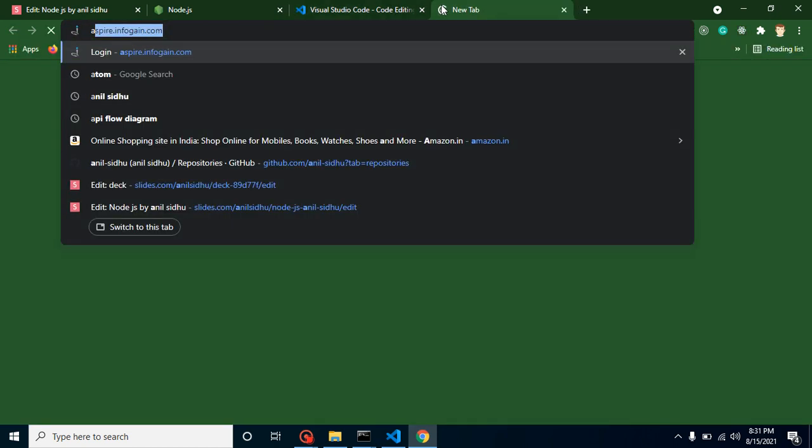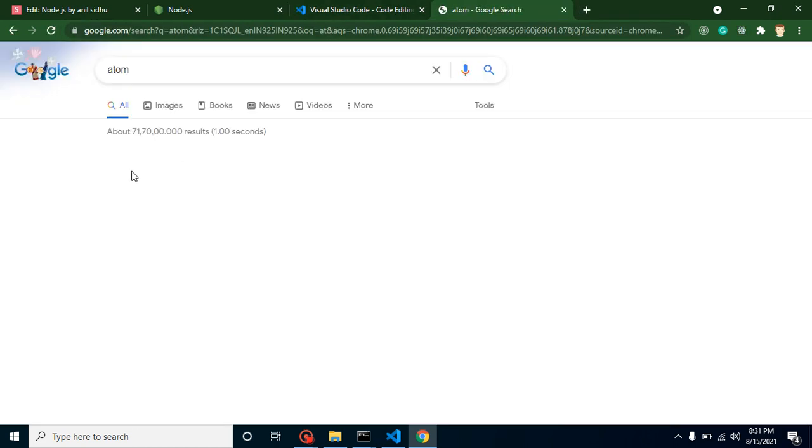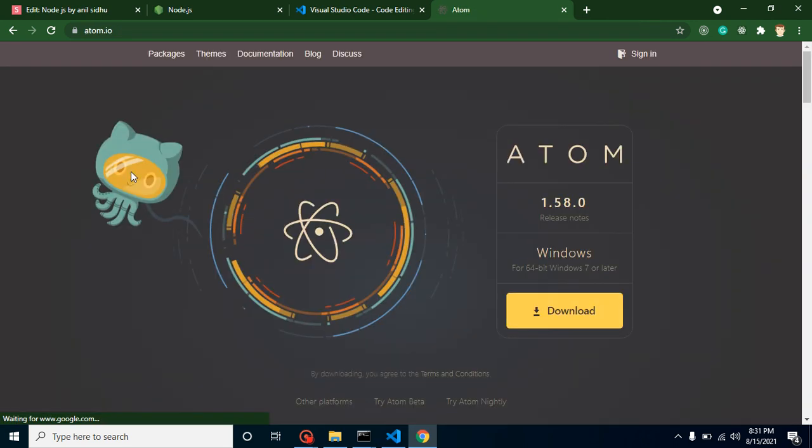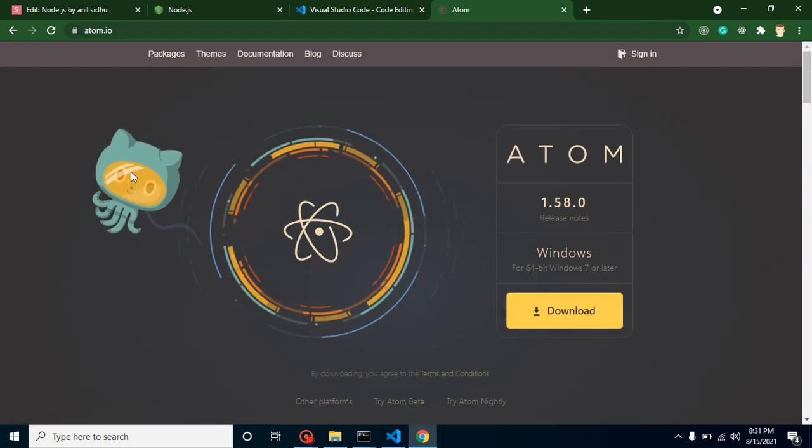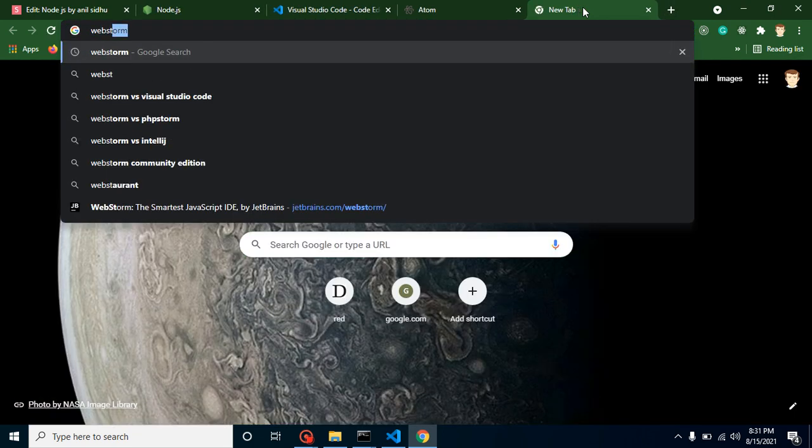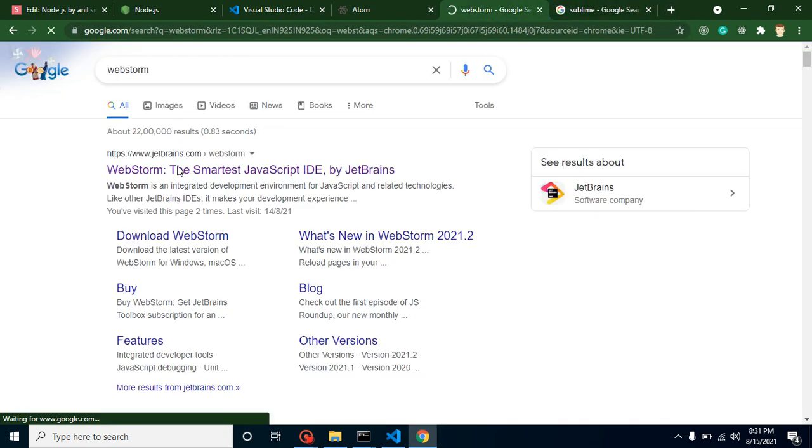After that you can go with Atom. This is also free of cost, and I guess it was developed by GitHub. And some other tools, let's say WebStorm and Sublime, are also good code editors, but they are not completely free.